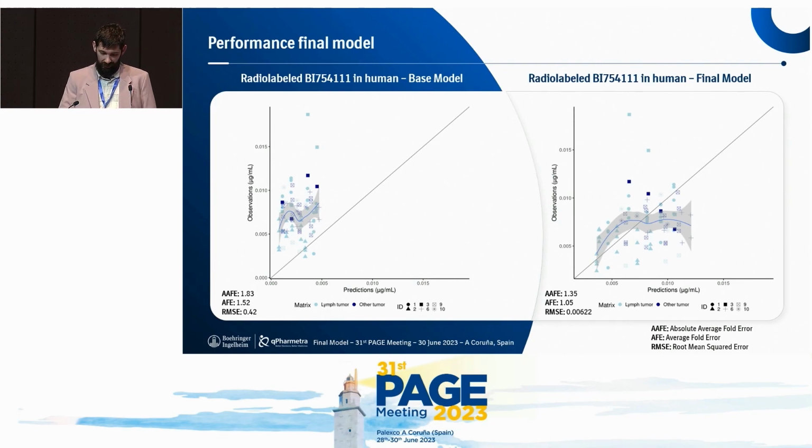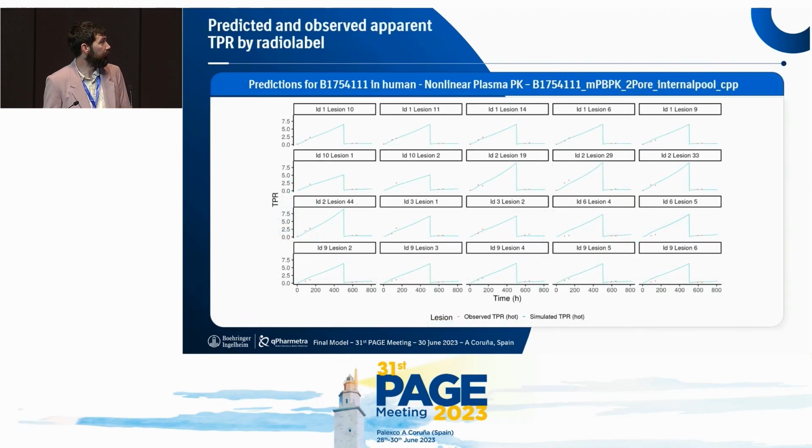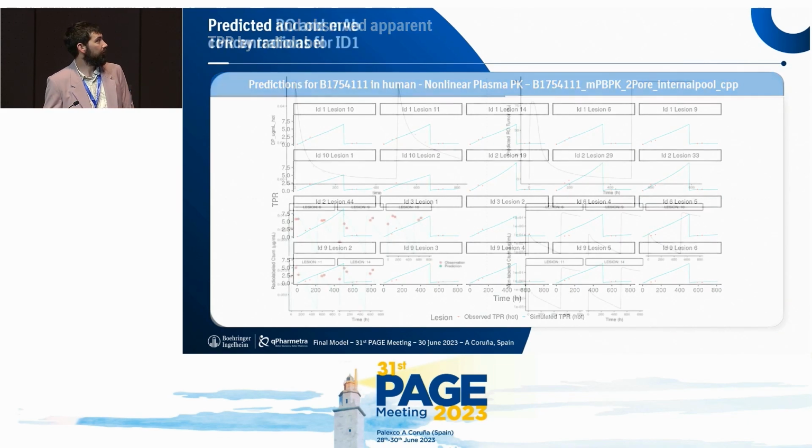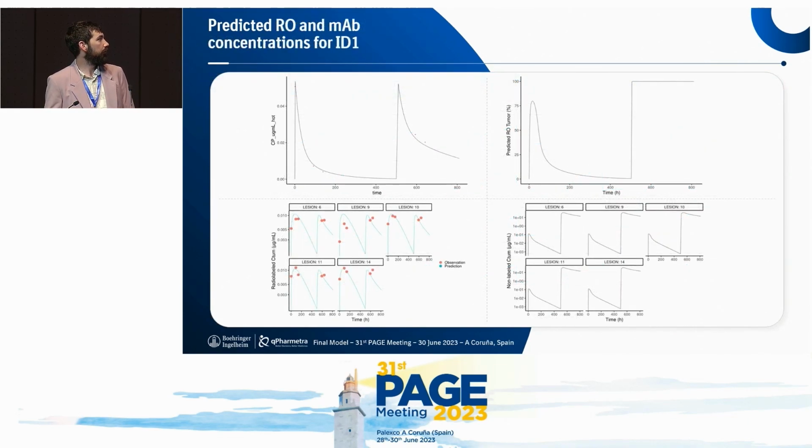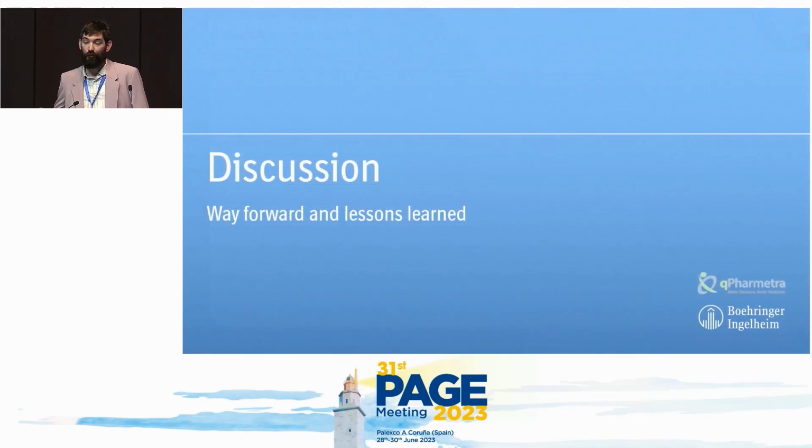But still, with this model as such, we were able to reproduce tumor to plasma ratios that we observed in all patients in this clinical study. And here, just shown for one ID, we were able to reproduce both the radio-labeled tumor concentrations, the plasma concentrations, plausible receptor occupancy profiles, and also non-labeled concentration time profiles. So this, as a first achievement of this framework, made us very happy, and then made us think also of what are ways forward, how can we apply this framework further, what did we learn?